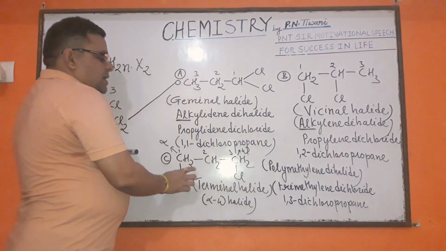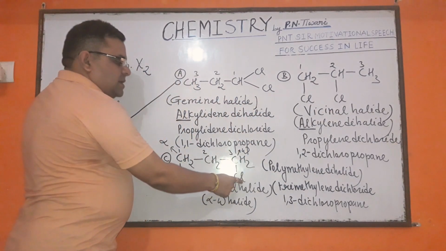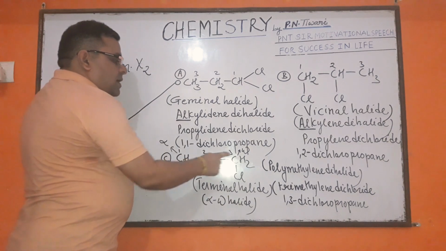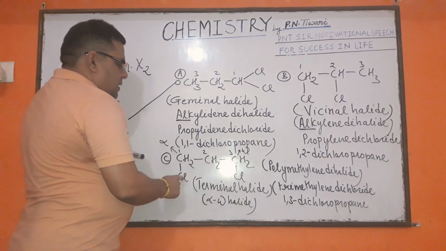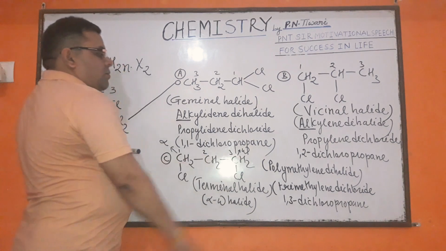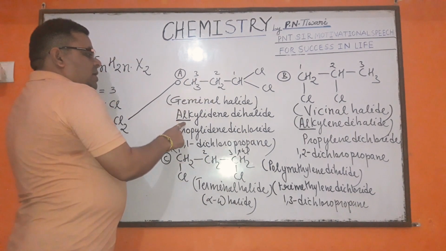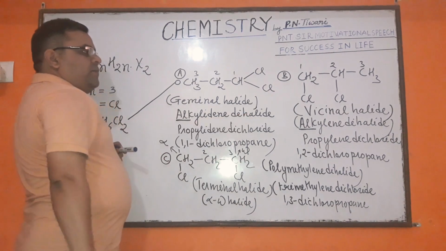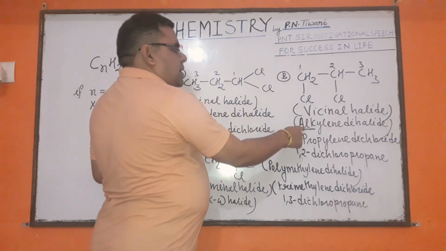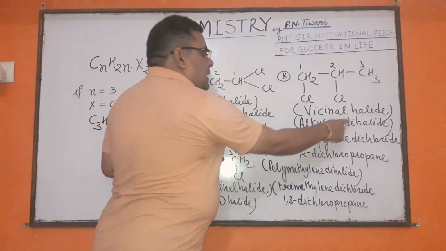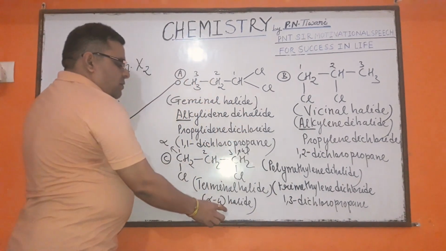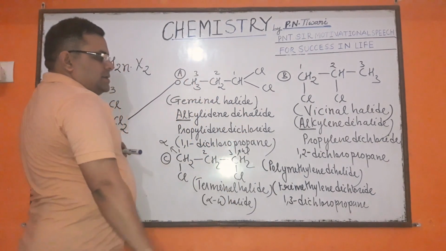And those dihalogen derivative in which both the halogen elements are linked with the two terminal carbon are called terminal halide or alpha omega halide. Common naming of geminal halide is written according to alkylidene dihalide. Common naming of vicinal halide is written according to alkylene dihalide, and common naming of alpha omega or terminal halide is written according to